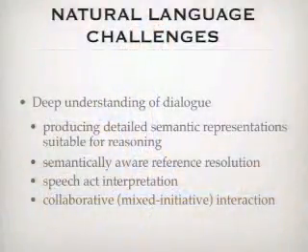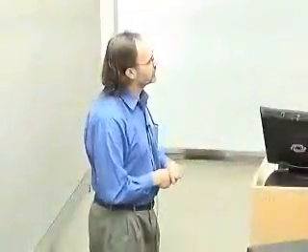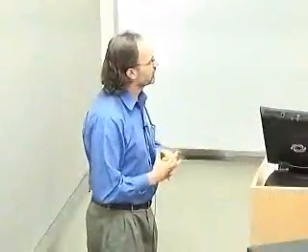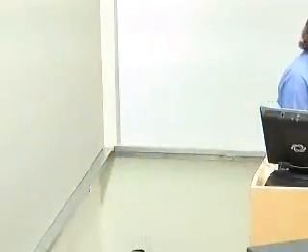So one of the first things we have there is, OK, if we can get this deep semantic representation in dialogue processing, we can solve a bunch of the problems. And so there are significant challenges in doing that. We need to produce these detailed semantic representations suitable for reasoning. We have to know things like zip codes are part of addresses. We need semantically aware reference resolution. We need speech act interpretation. And we need, as you'll see in a bit, a collaborative mixed initiative interaction in order to